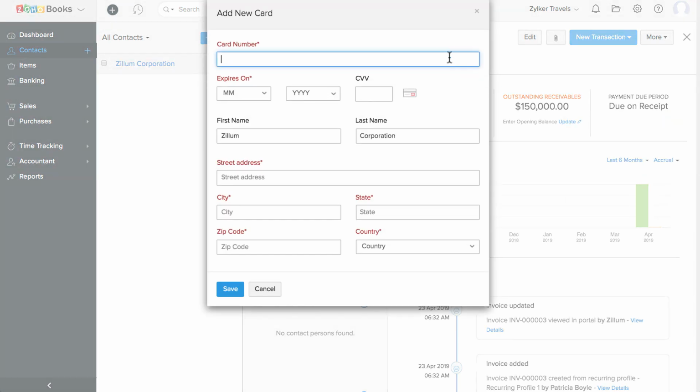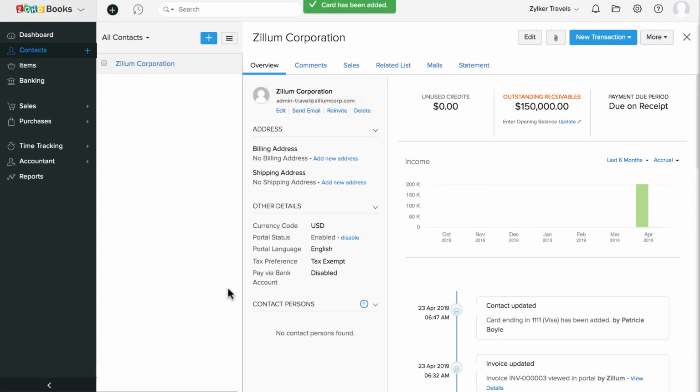Enter the card details and save it. If you create a recurring invoice for this customer after adding the card details, you still have to associate the card with a recurring profile for the card to be charged automatically.